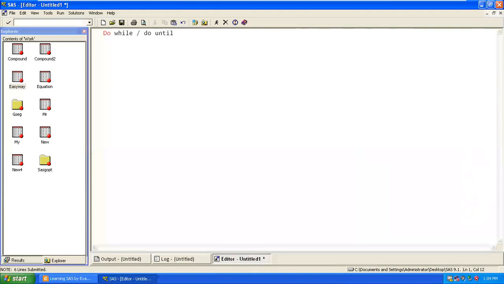Correct, but in the case of while we won't get the output first. We look at whether the value is true or not. So simple example: if you say your total equal to 500 then do something, in this case this won't work, this will work.